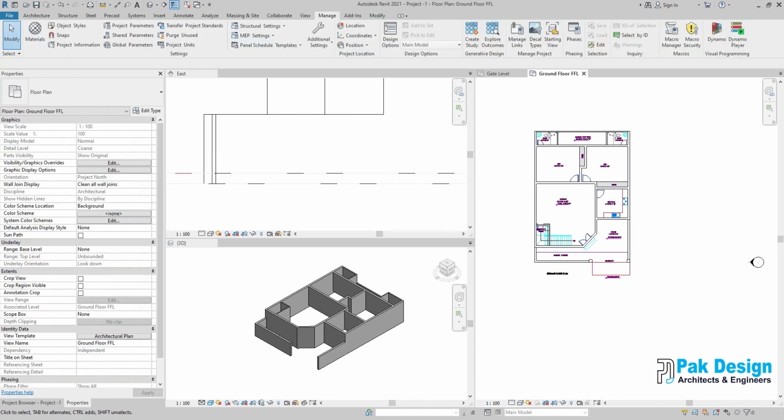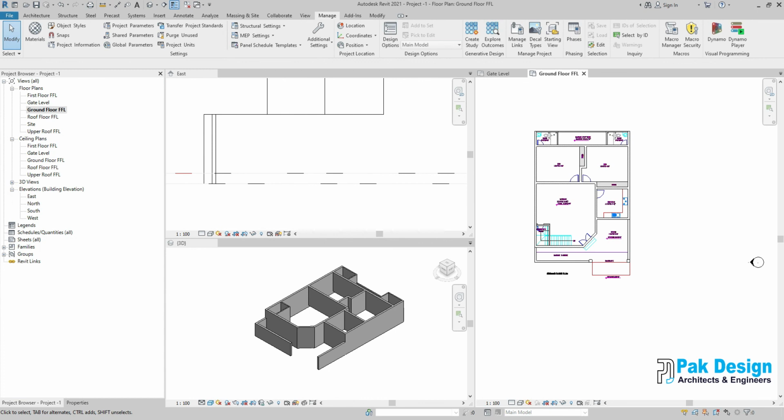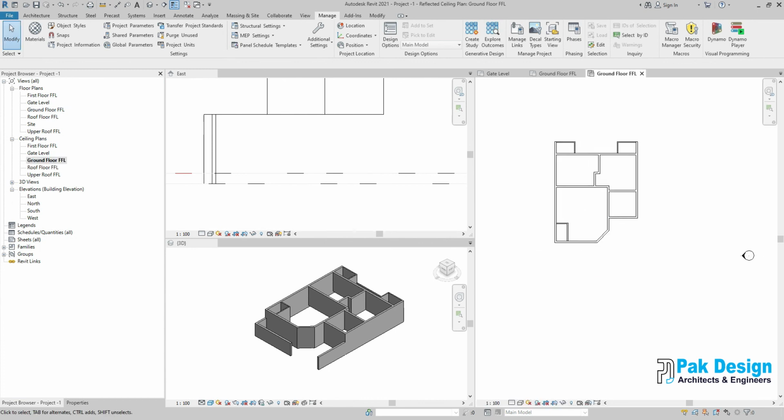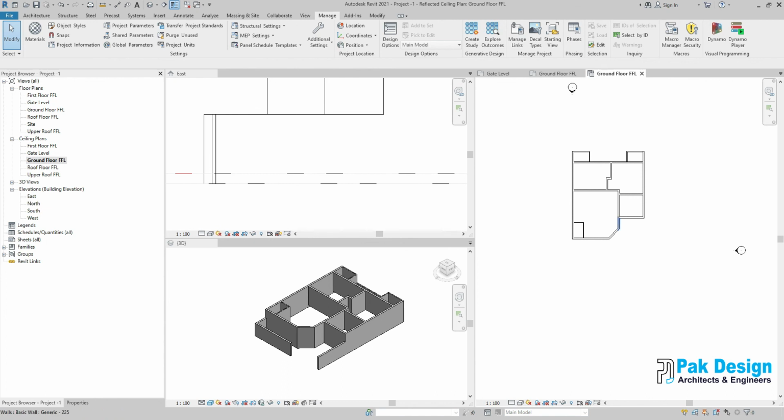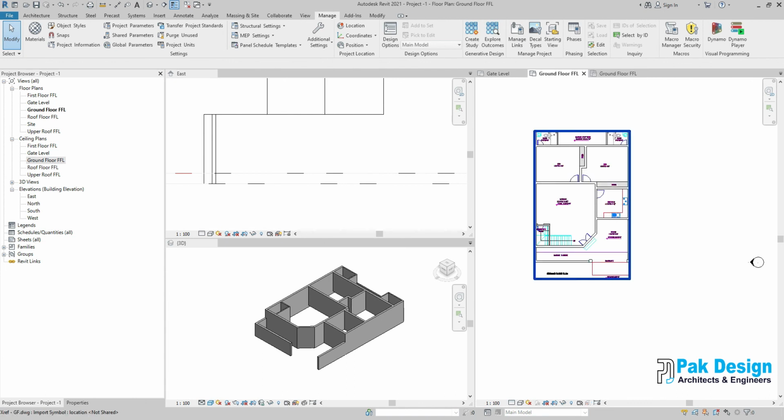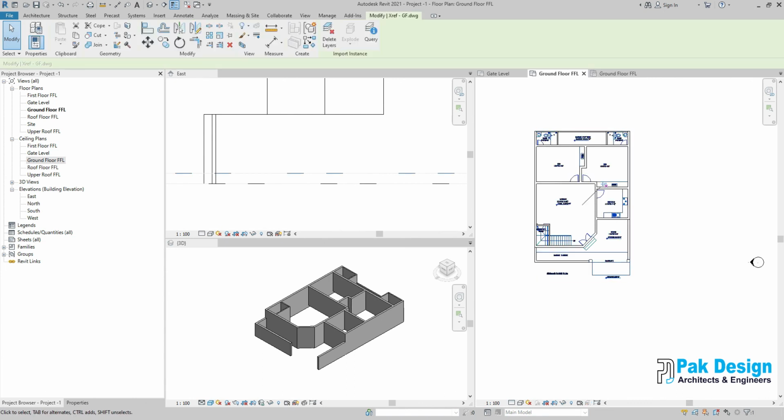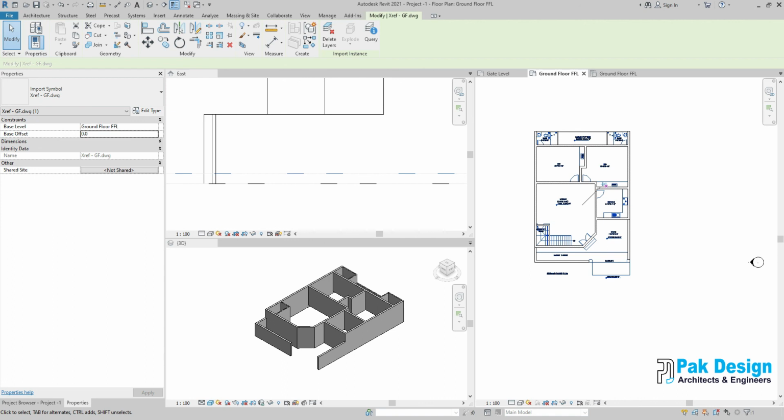If you go in ceiling level, ground floor ceiling level, I can't see it here because ceiling level visibility is at a certain level, that we will discuss later. But if you want to see that link here, same thing you need to do here. I will click here, ground floor, go above.